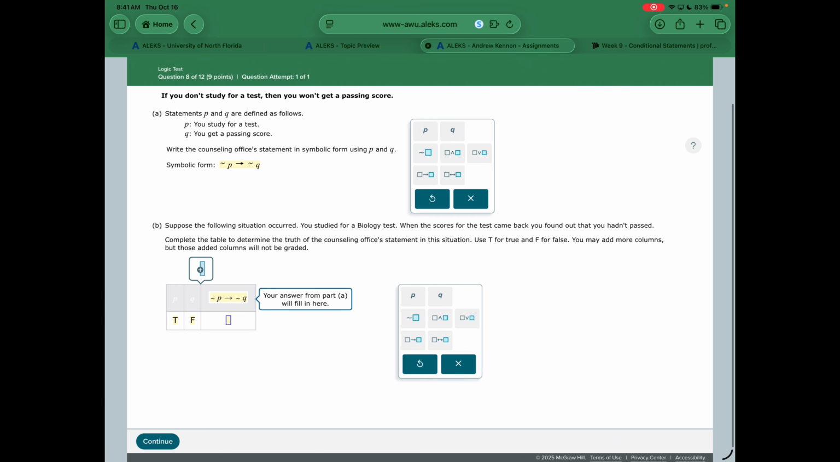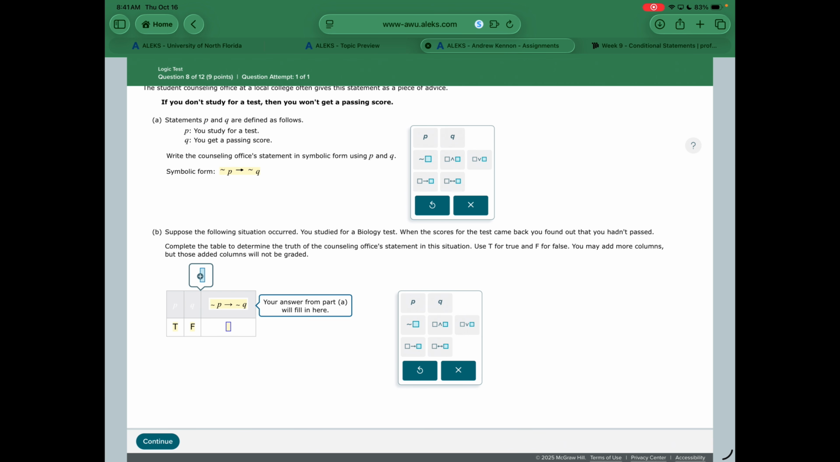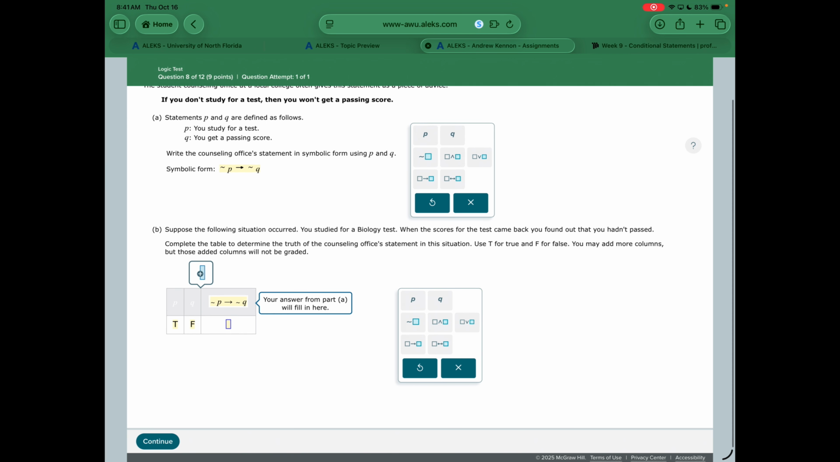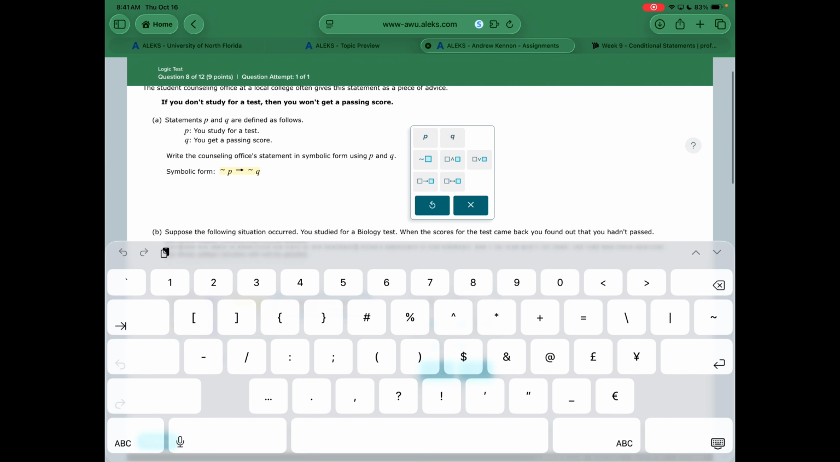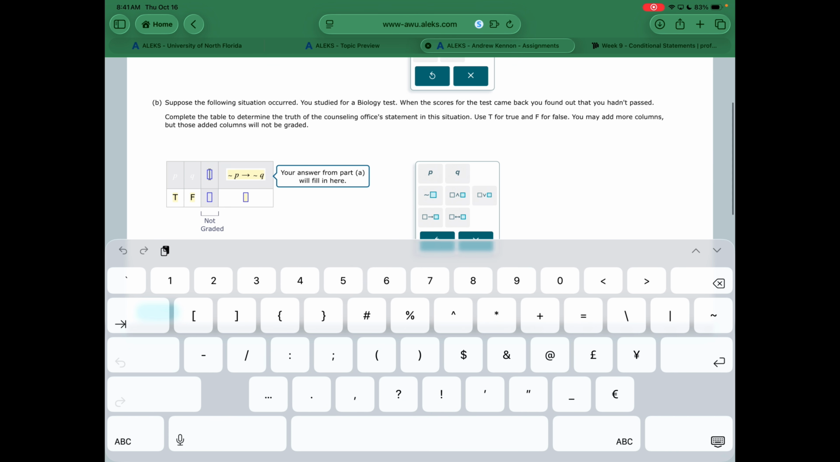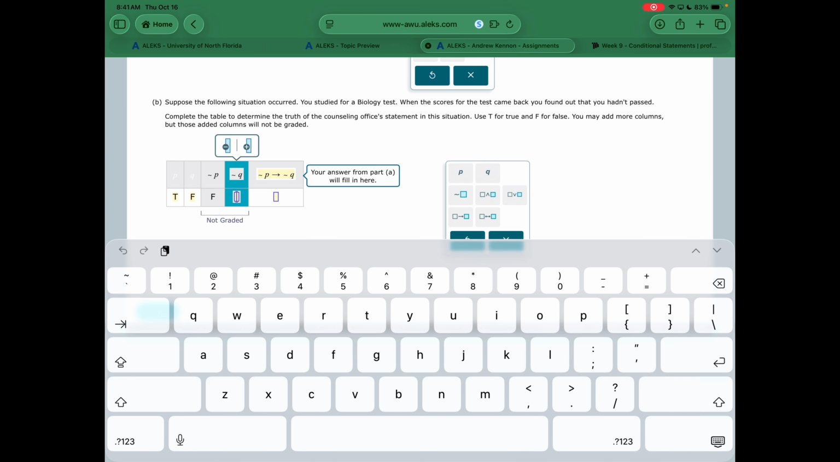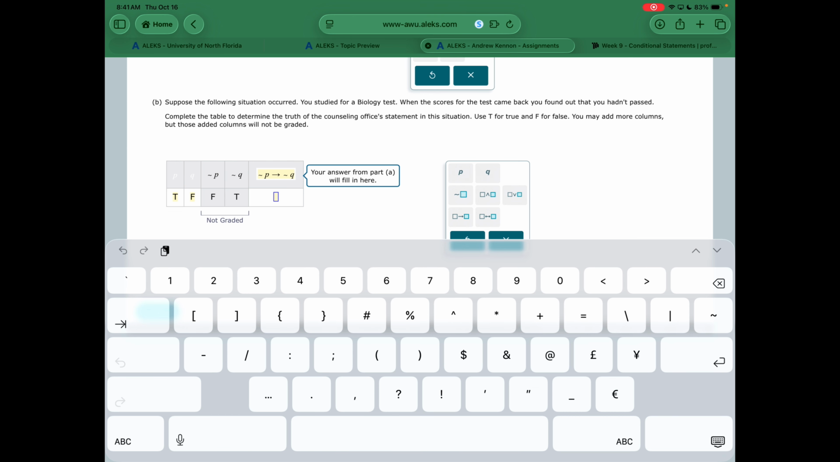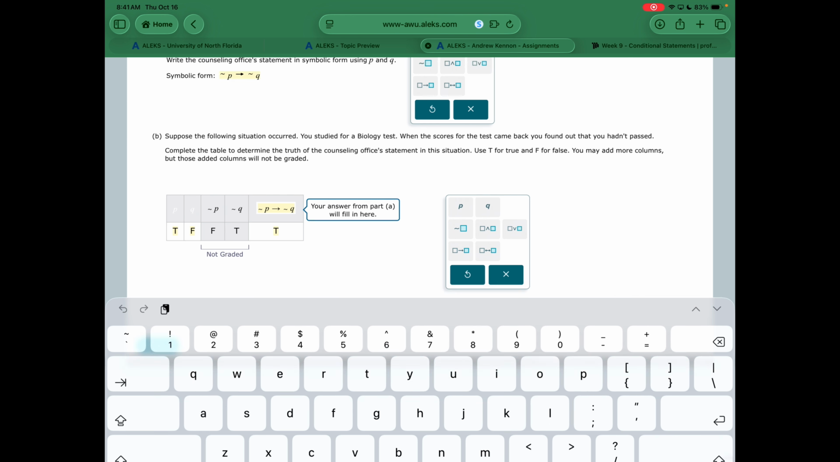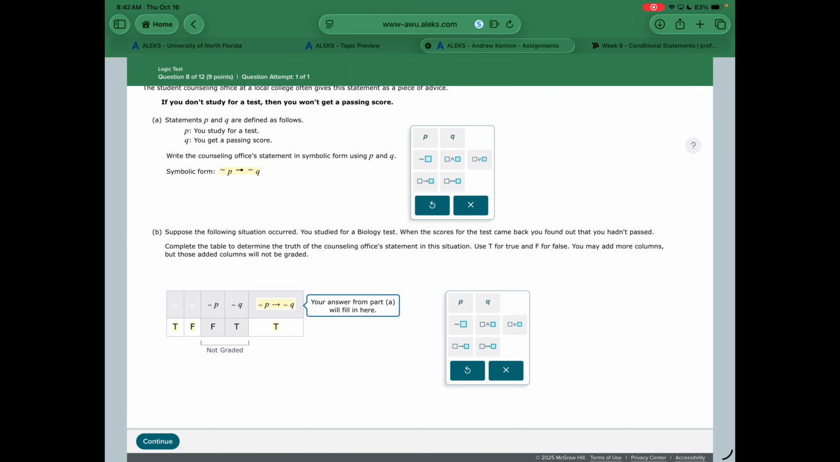Okay. So what happens in this scenario? Did the counselor lie to me? Well, we got to do our truth tables to figure it out. So let's do not P would be the opposite of P. Not Q would be the opposite of Q. So it is going to be true. It is only false when the first is true and the second is false. So the counselor did not lie to me